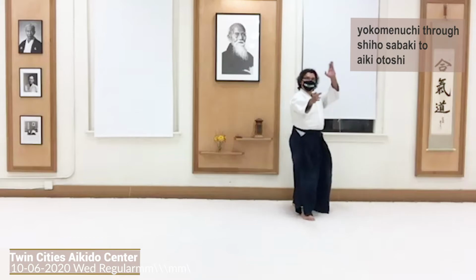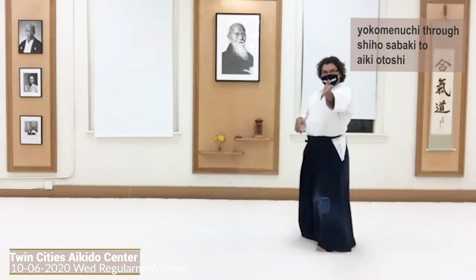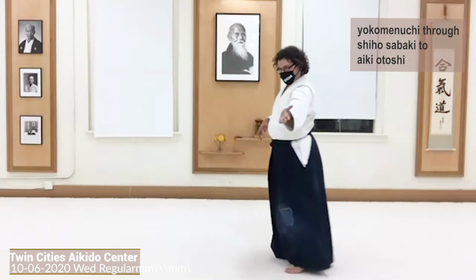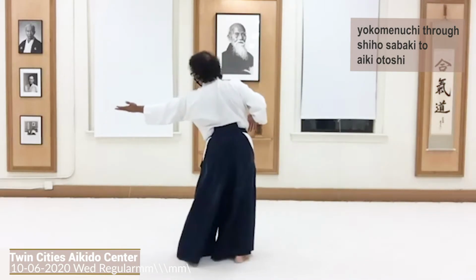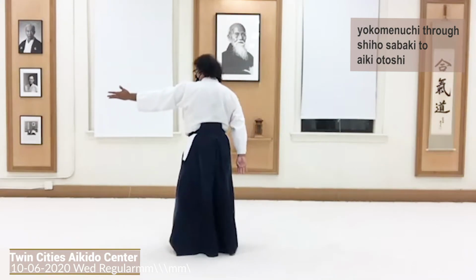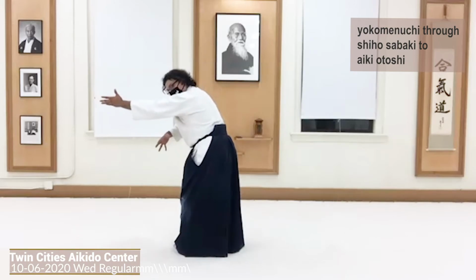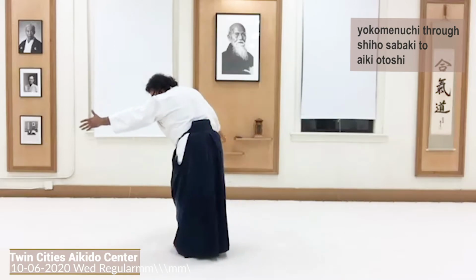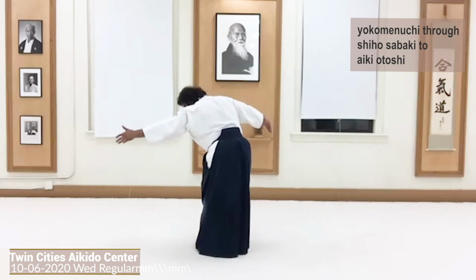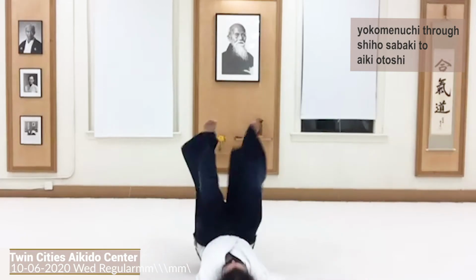I'm also right ukemi, striking with my left hand. So I step, strike yokomen. They do the front foot tension. Now across, shiho sabaki. So from here, again, my partner would step kind of behind me, except their front foot behind me. Their head would come underneath my arm through here. At this point, my knees would come together. They have them in here, and then